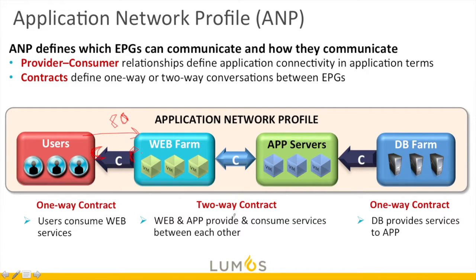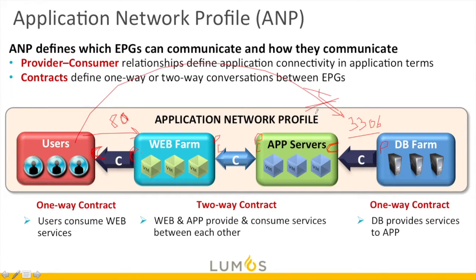Web and app provide and consume services between each other. So we have provide and consume and provide and consume. And then here we have a one-way contract. The database layer provides service, such as over 3306 TCP, to the app servers. Now, just because we're providing 3306 doesn't mean that the users can come in on 3306. That will not be allowed because the contract is provided by the database farm and is consumed only by the